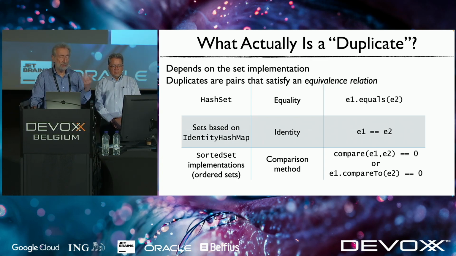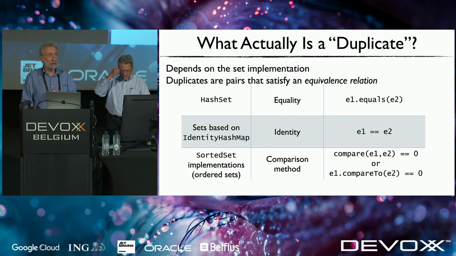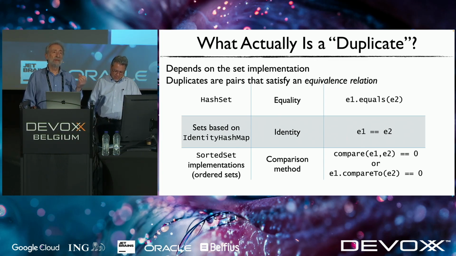Sorted set implementations, the TreeSet and NavigableSet and so on, and the same for the maps, can be constructed either out of elements that have a natural order, that is, one of those can compare itself with another one, which is the bottom line, E1.compareTo(E2), or they can be constructed with an external comparator that does that work for them, which is the top line, compare(E1, E2). In each case, the Comparable or the Comparator has a comparison method which supplies the equivalence relation. So just to take a little side detour on this,